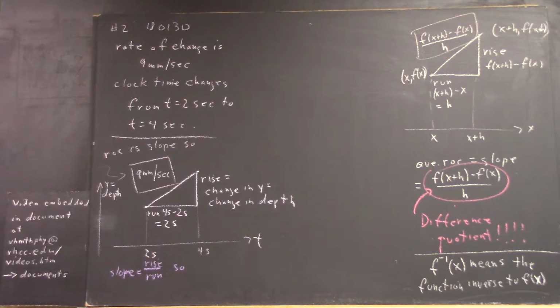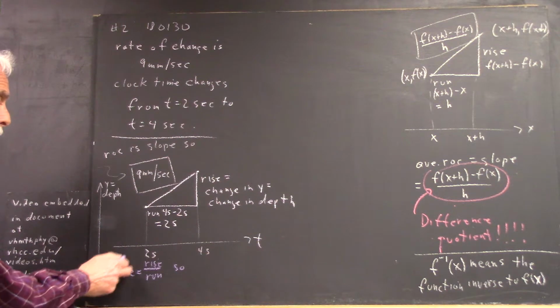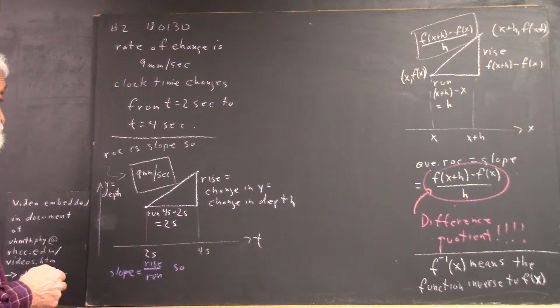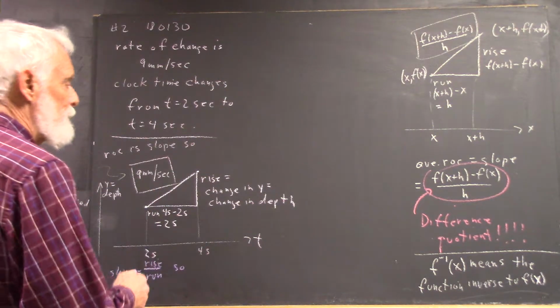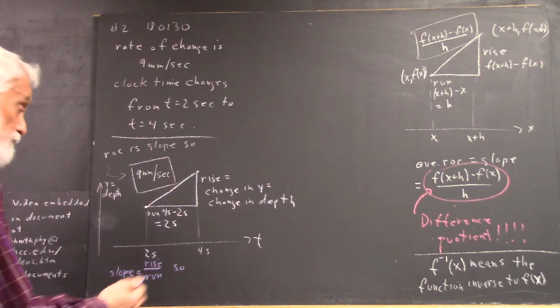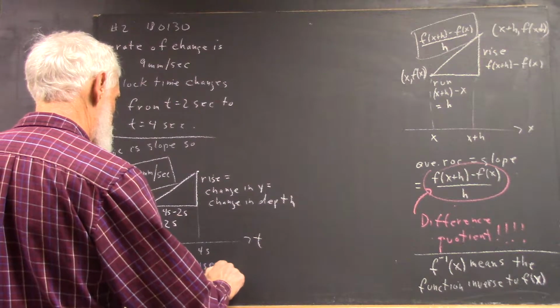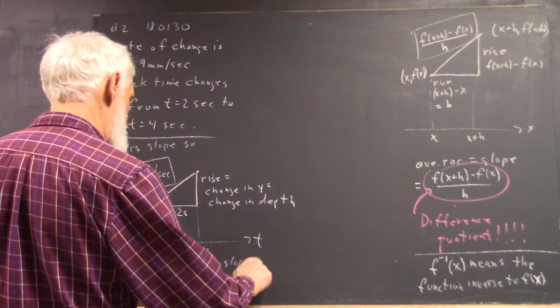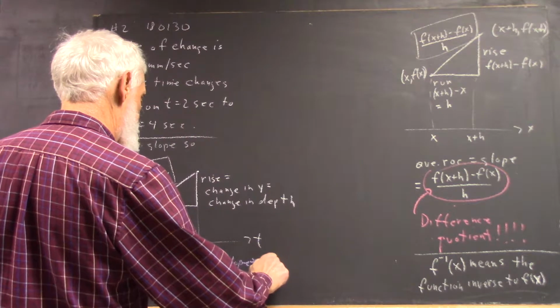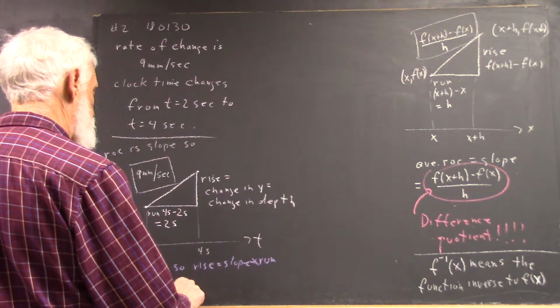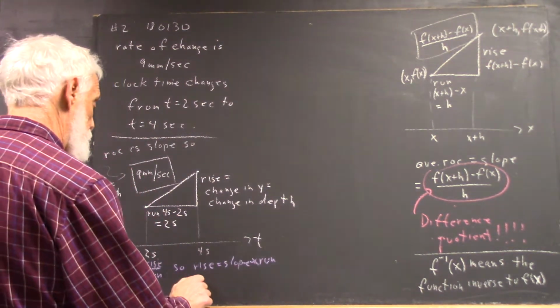One thing you can do is multiply both sides by the run and you get the rise. So the rise is the slope times the run, right? Which then equals what? Slope, 9 millimeters per second